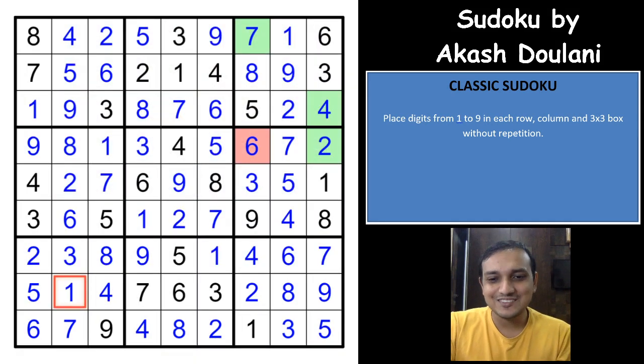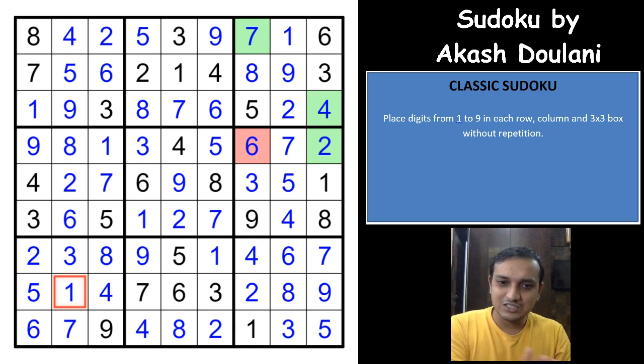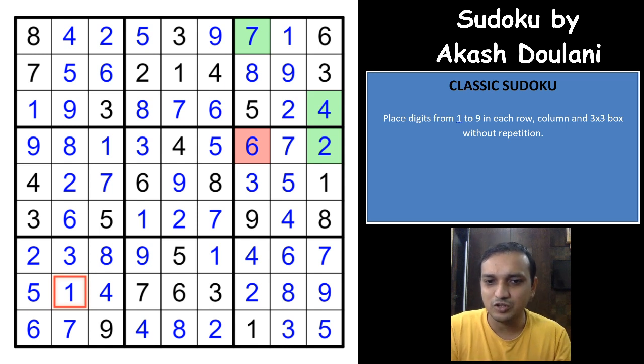Wow, what an excellent Sudoku, a classic Sudoku by Akash Dholani. So this was an excellent Sudoku. The way it has been designed is excellent. Two ways to see a single logic: extension of Y wing and WXYZ wing. WXYZ wing is nothing but an extension of XYZ wing, which indeed is an extension of Y wing. So going through all of this, I usually look out for an extension of Y wing. That is really simple to see.